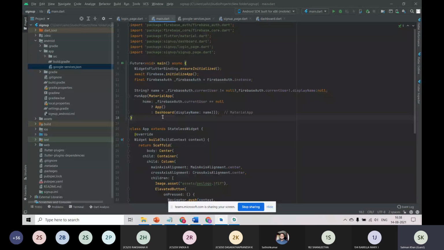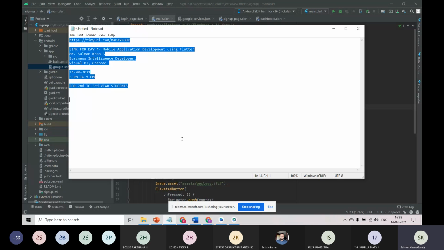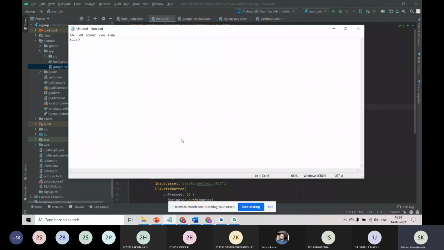And the main part here to look into is, if you have come across a language like C++, you have heard about the operators called ternary operators, right? For example, a is equal to 1, then return true, else false. So in most of Flutter we will use the ternary operators.